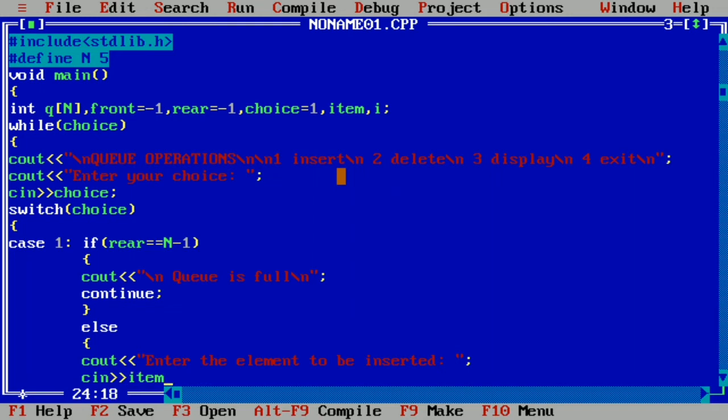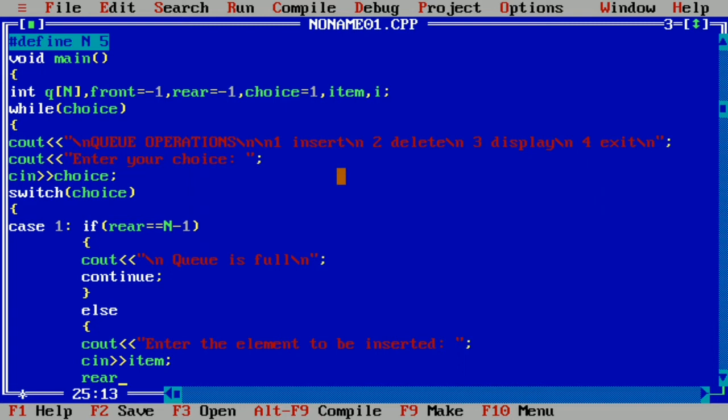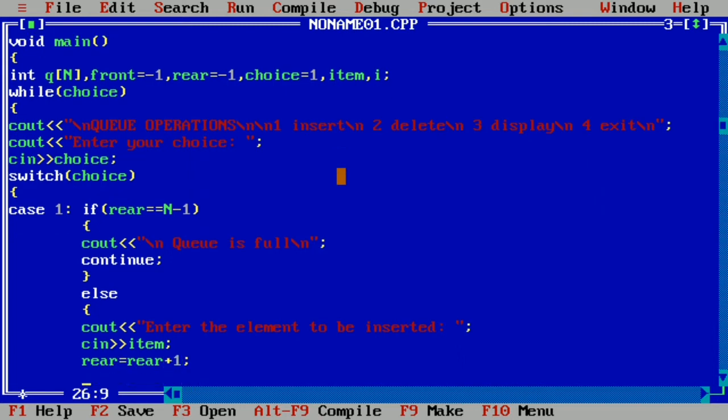Here we have taken item as a variable. Then we'll write rear is equal to rear plus 1. Then q of rear is equal to, here we need to insert that item.